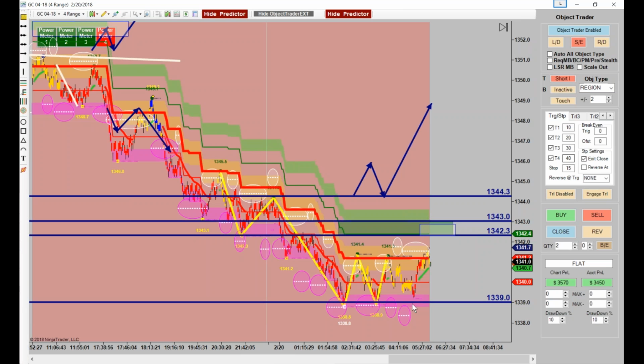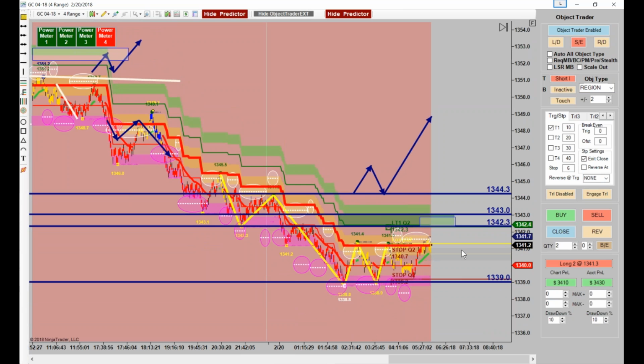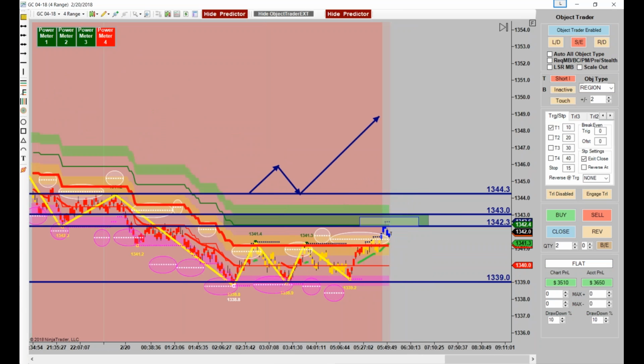Everybody see that? Now, does this mean that we couldn't box this in and very possibly get a quick little like 10-tick trade? Well, if you're going to do that, I'd probably literally already buy the thing. And I would do something like this. I'd do like for 10 ticks, put a tight stop. Don't let them go against me again. Everybody see that? Because you are getting a green stealth and everything. Do I want just like a 10-tick trade? Let's see if it works. If it doesn't, we just cost ourselves about 120 bucks. Looks like it might work. There we go. We got a target. All right, let's see if we can get an actual trade.